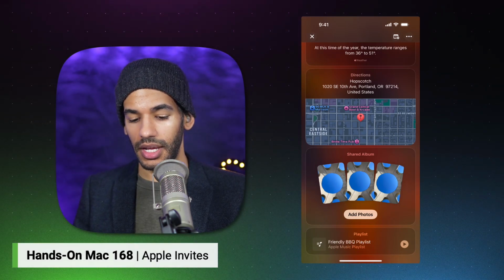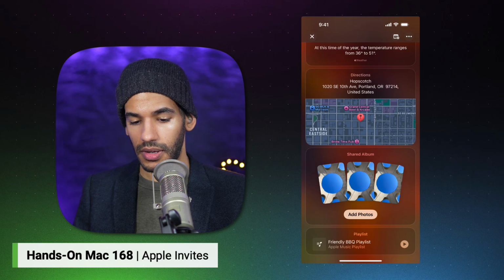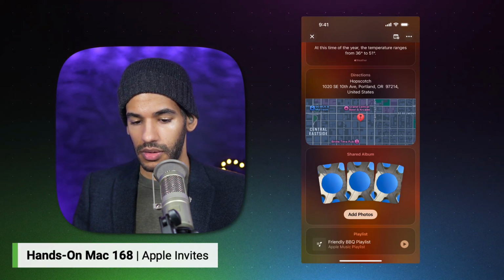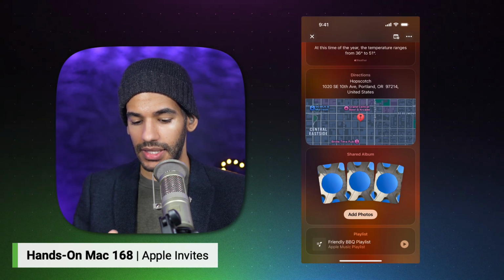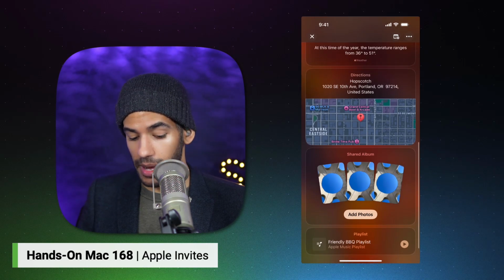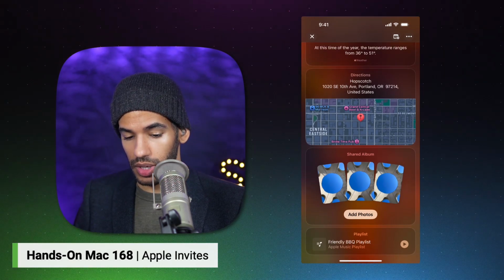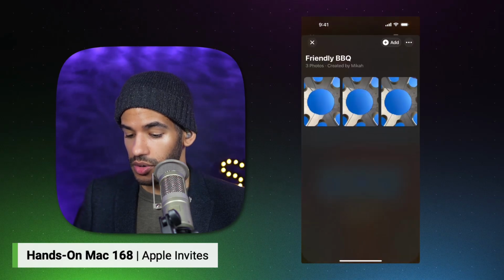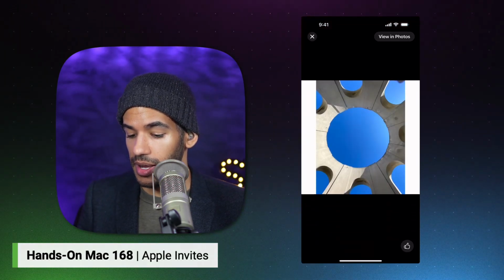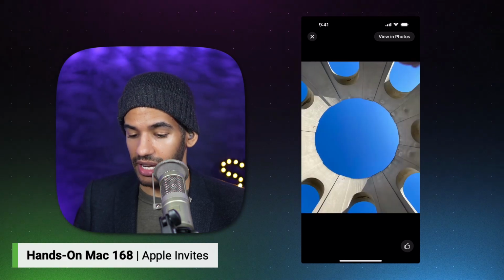So let me just add a song, and we'll see here what we've got. So then we go back, and now you'll see, boom, those photos popped up there, and I'm able to view those photos right here. I can add new photos. I can manage it in the photos library, but in any case, they're all there, and I can even like them. So one last thing here, I want to remind everyone,